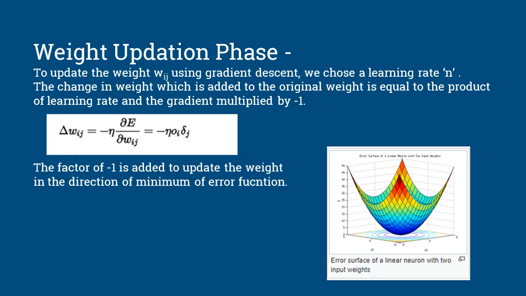Now in the weight updation phase, to update the weight wij using gradient descent, we choose a learning rate eta. The change in the weight is added to the original weight. It is equal to the product of the learning rate and the gradient, multiplied by -1. This -1 is added to update the weights in the direction of the minimum of the error function. As we can see,